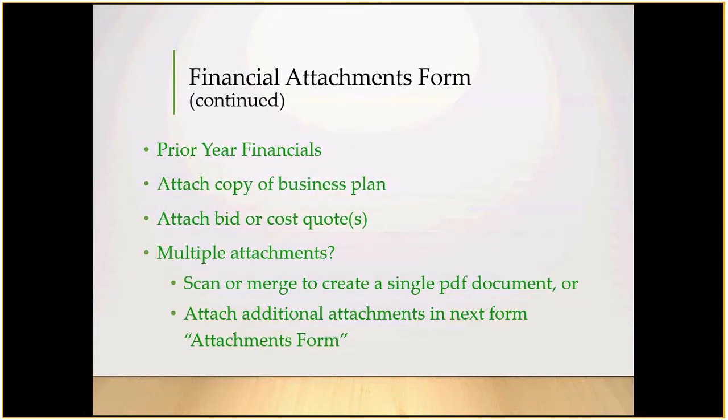Okay, so the financial attachments form is going to request prior year financials. If you are a true startup and have absolutely no sales to date, then you do not need to include this. But if you even have 6 months of sales, even 3 months of sales, include a spreadsheet with your financials to date. Attach a copy of your business plan,